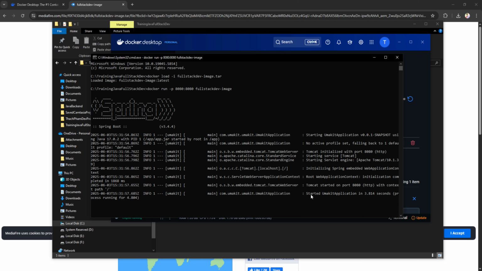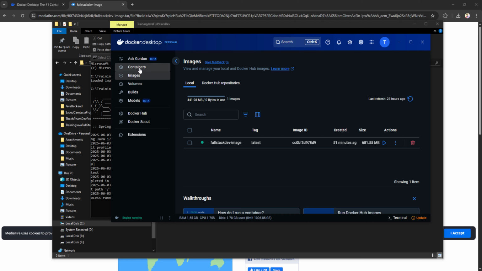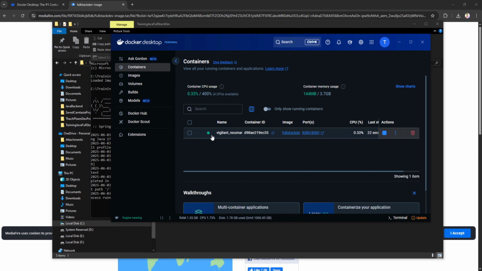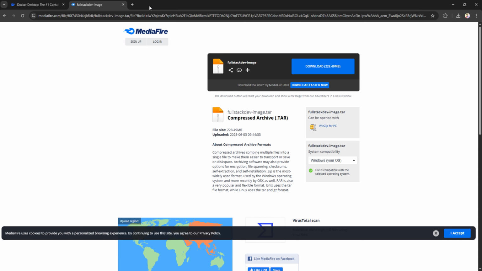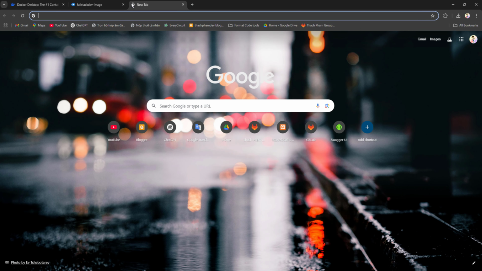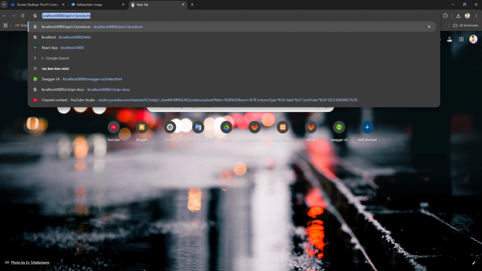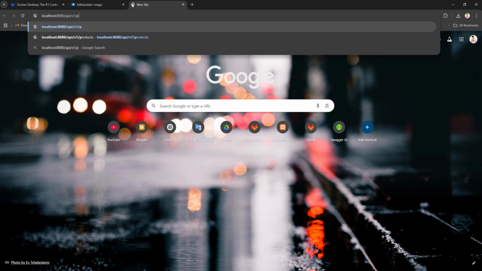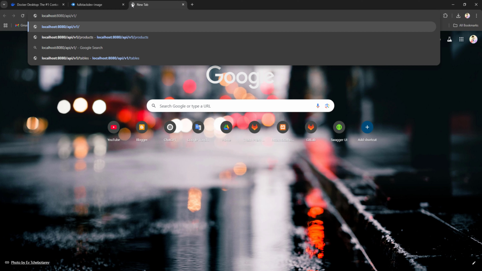Alright, you can see the Tomcat started on port 8080. And you can go back to your Docker, go to the container and check. The green dot appears here, so that means the image is running. And to check it, you can go to the browser and open localhost